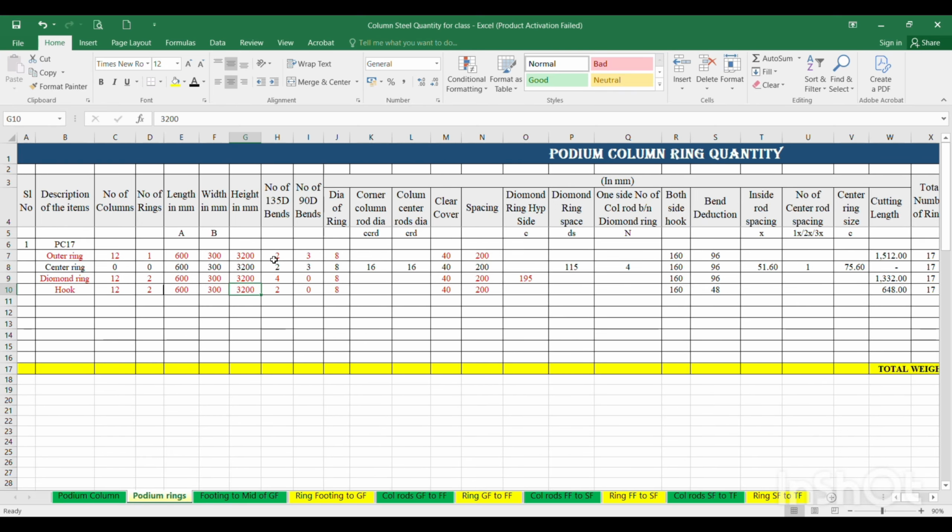3200. Next, 135 degree bend for outer ring is 2 number and 90-degree bend is 3 number, and there is no center ring. For the diamond ring, 135 degree is 4 number and there is no 90-degree bend. For the hook also, only 2 number of 135-degree bend, there is no 90-degree bend, and dia of the ring is total 8 mm,